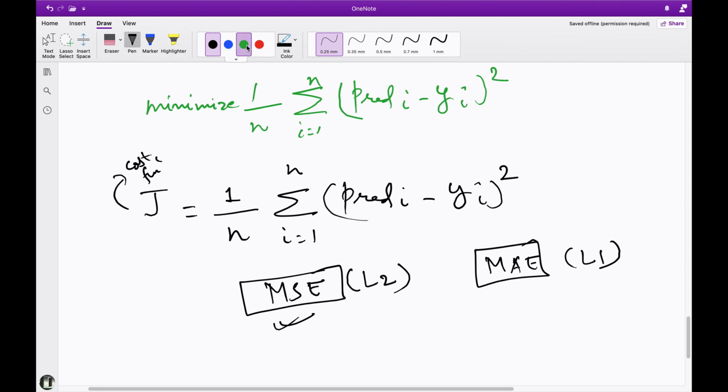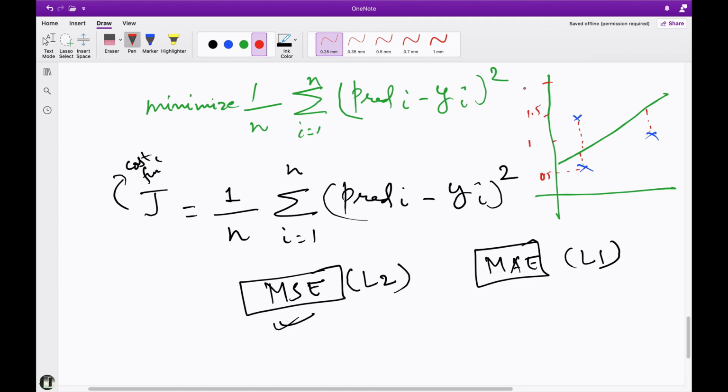Again, one more time, let me draw. Consider these 3 data points, and this is the best fit line that the system has drawn. So what is the loss over here? Loss is the difference between these values. The first one has a y value of, let's consider some value, 0.5, the second actual value is 1.4, and the third actual value is 0.8. These 3 are the actual values.